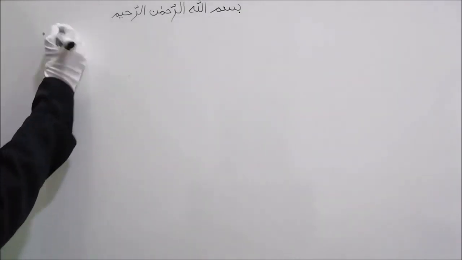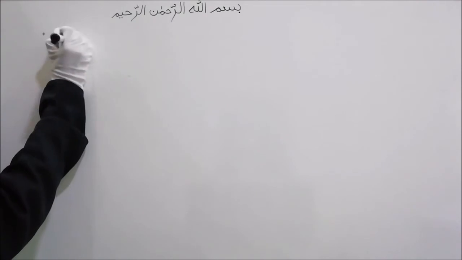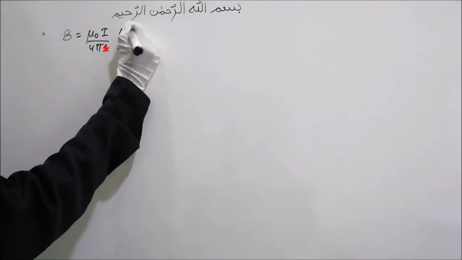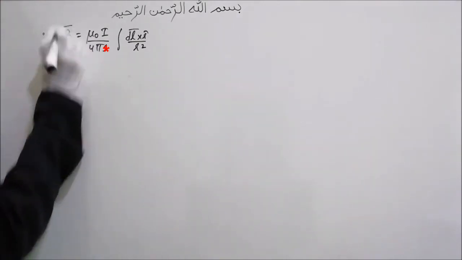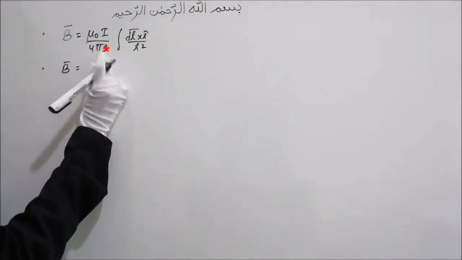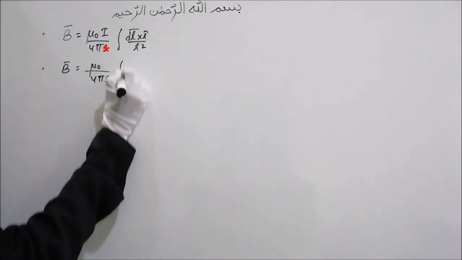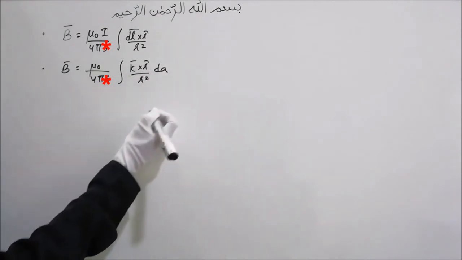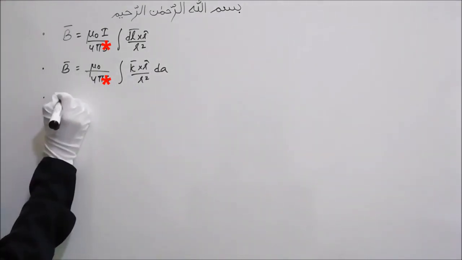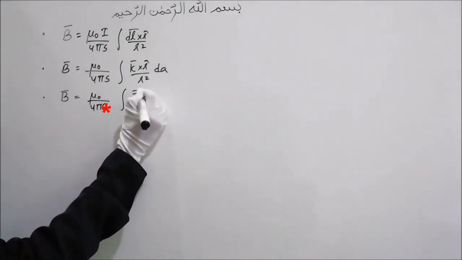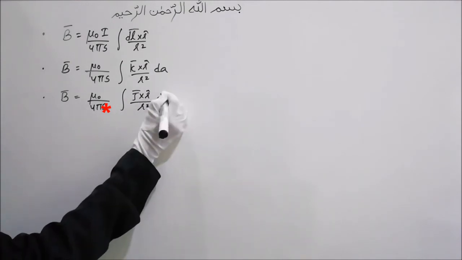Let's come back to the magnetic field now. The Biot-Savart law, which we saw for steady line current, was B equals mu naught I by 4 pi integration dl bar cross r hat upon r square. Now for surface currents, the formula will become mu naught upon 4 pi integration K bar cross r hat upon r square dA. K is the surface current density. And for volume currents, this will become mu naught upon 4 pi integration J bar cross r hat upon r square d tau.